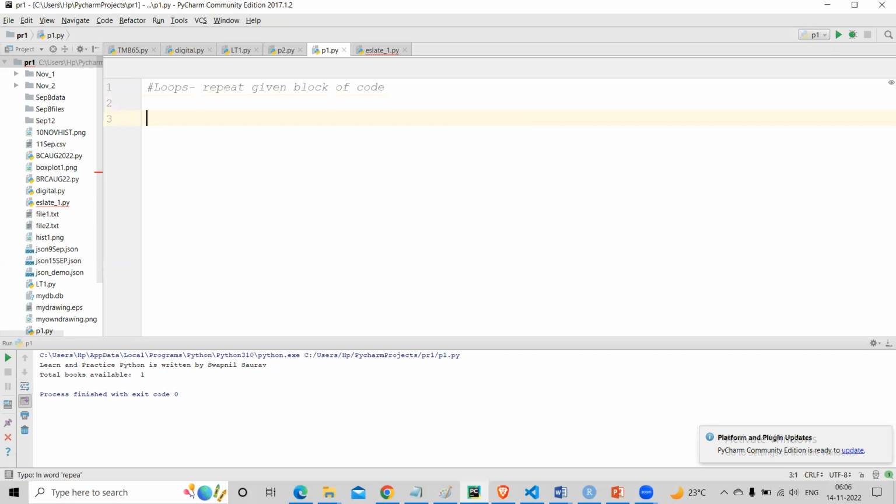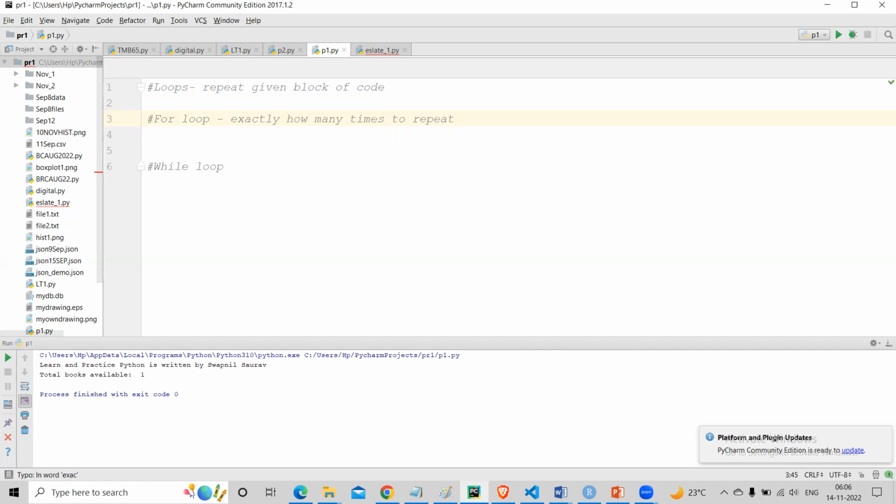So there are two types of loops. One is the for loop, and there is the while loop. A for loop is used when you know exactly how many times you need to repeat the loop. So if I say do it 5 times, or read marks of 5 students, 5 subjects, we know exactly that we need to run 5 times. So that's where we prefer